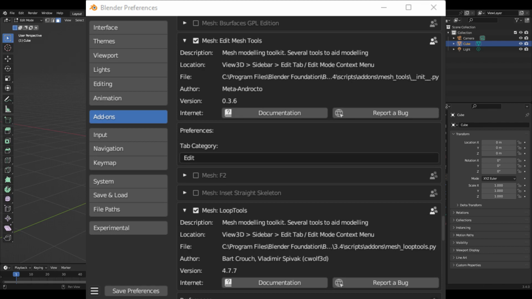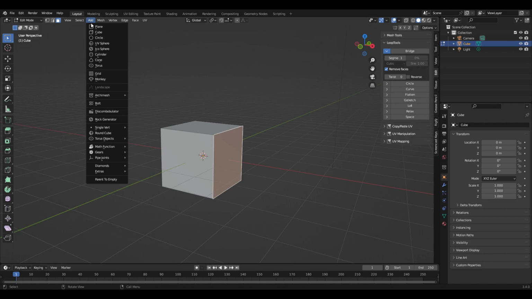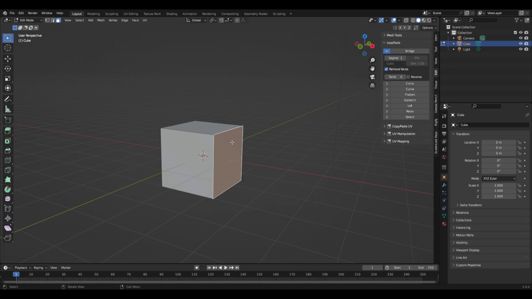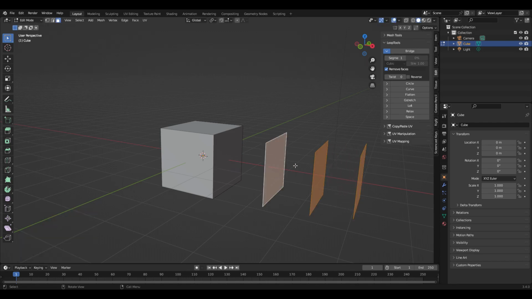So here I have a cube, and I'm going to show you what some of these do. The first one is bridge, and it really doesn't work on the cube. What you need is a series of closed curves, and here I'm dragging out one of the surfaces, making a copy of it, dragging it out, and then a couple more. And what you need to do, let me turn on the screencast so you can see what I'm doing. If you delete only faces, then you just have the wireframe representations of those,